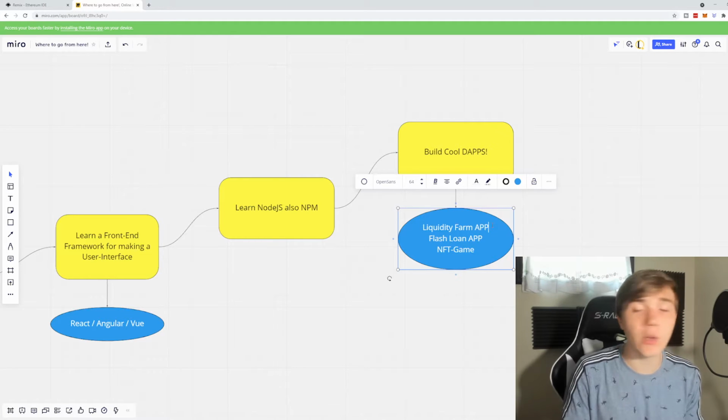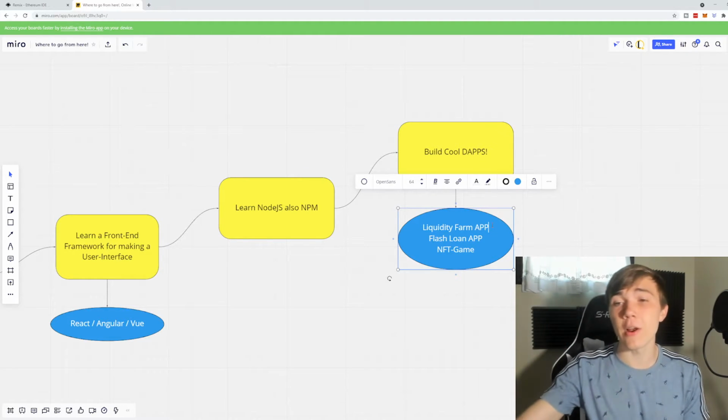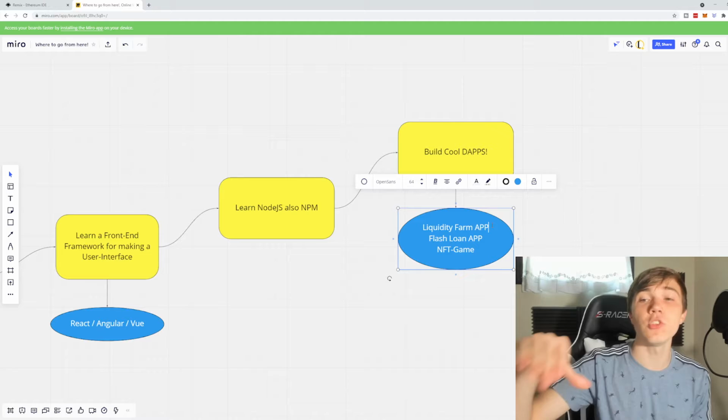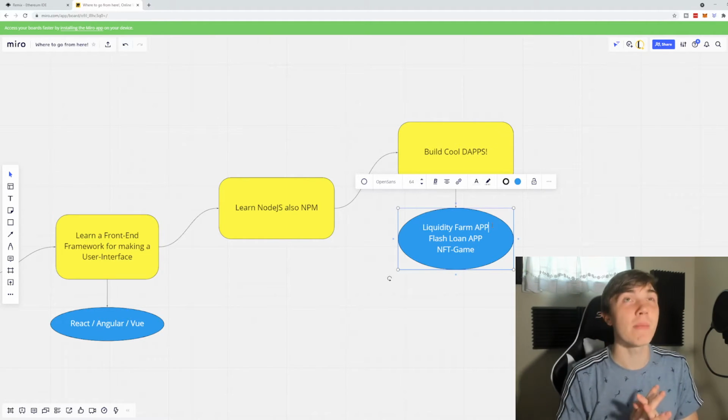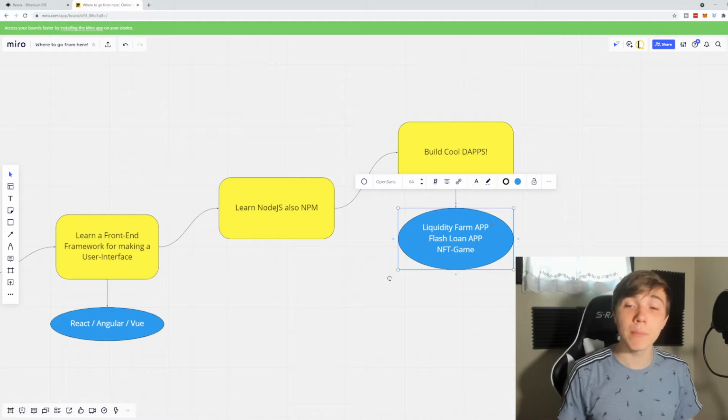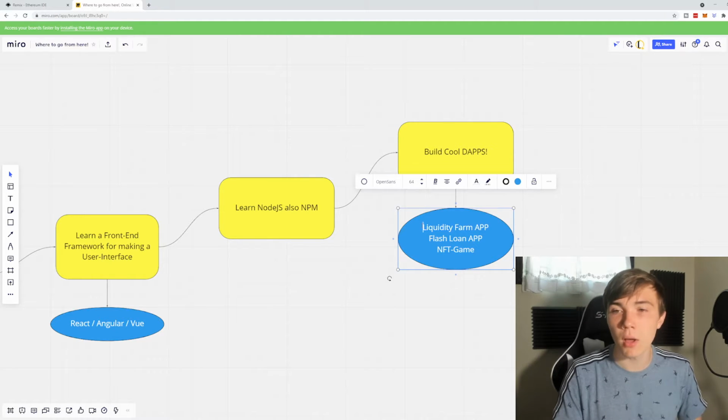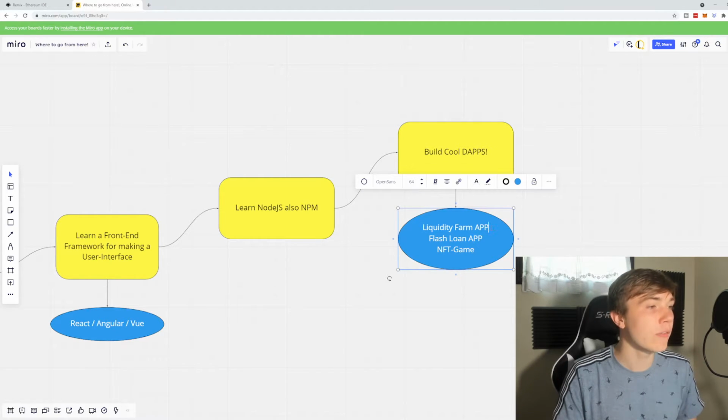So this is where people store their ether with you and you pay them interest in your own token. So it's a liquidity farming app. This is very popular right now in DeFi. A lot of people are making a lot of money and also a lot of people are losing a lot of money. But we're not doing this to invest in a financial business or anything like that. We're just doing this to learn about Solidity. So, liquidity farming app,